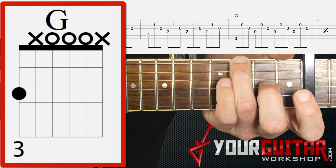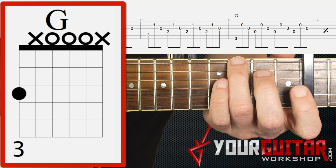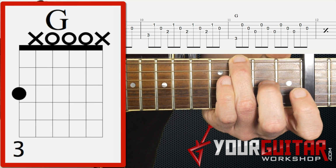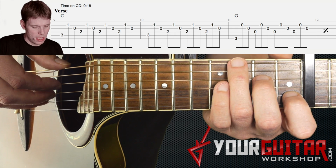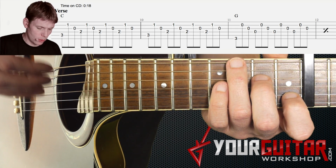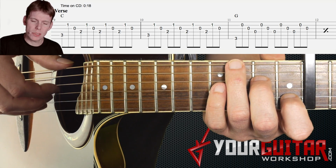to G. Now remember that this section where we have that G, C with G in the bass, back to G, is a section we'll be seeing a lot. And I'm not going to go into it any further then. So we're going to be doing it now in detail, and later on we're just going to be skipping through